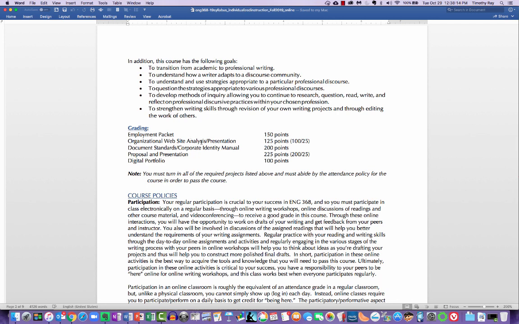The next one, the website analysis, I should have put the word memo in there because this focuses heavily on memo writing. And it's a dying art in business writing, or I should say a threatened art. I think at some point it looked like the memo was on its way out, but it seems to have experienced a bit of resurgence in use in professional settings. And so it's an important document to know how to write. And so we're going to talk about memo writing.